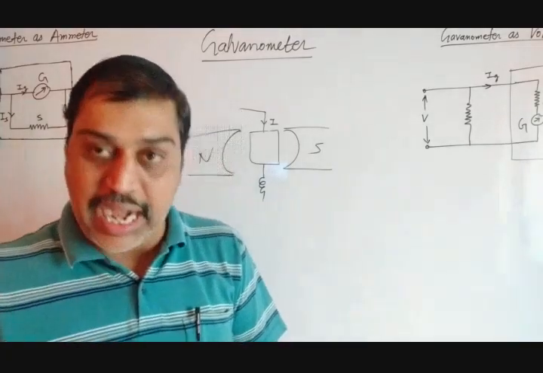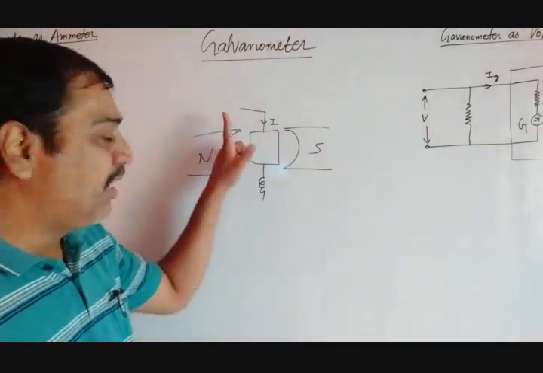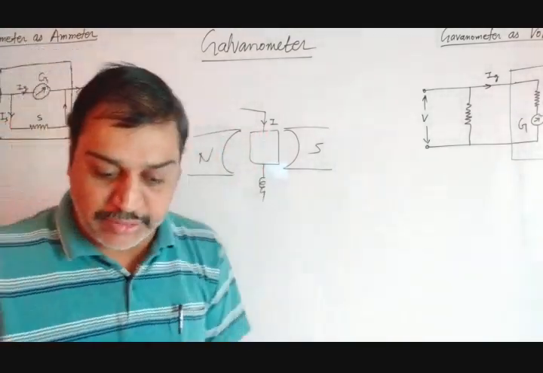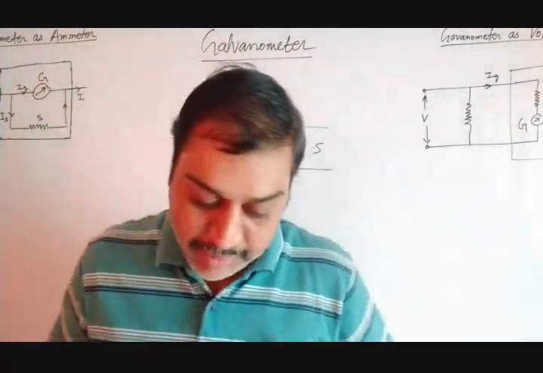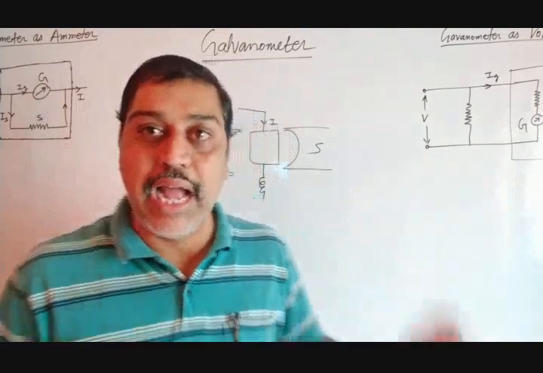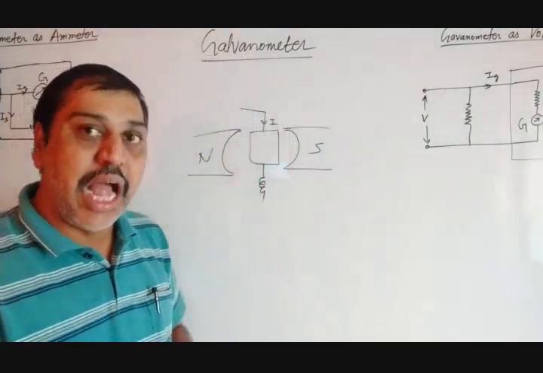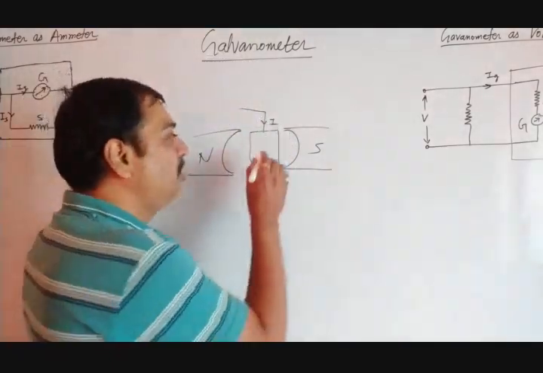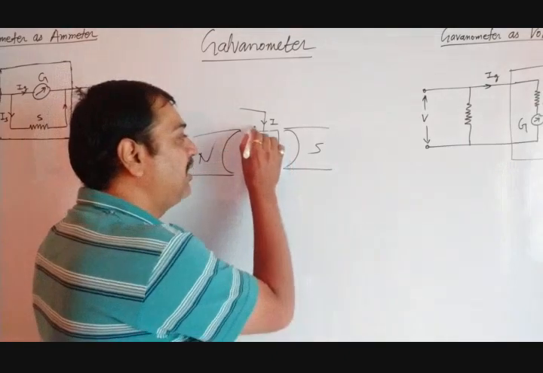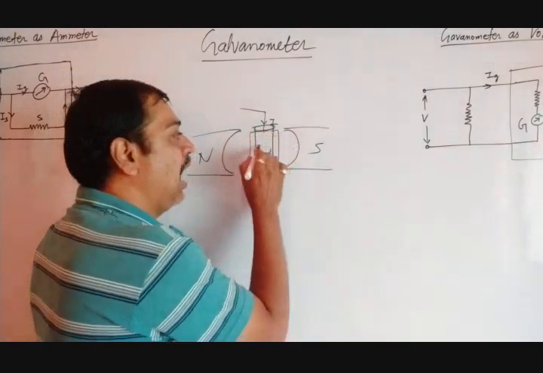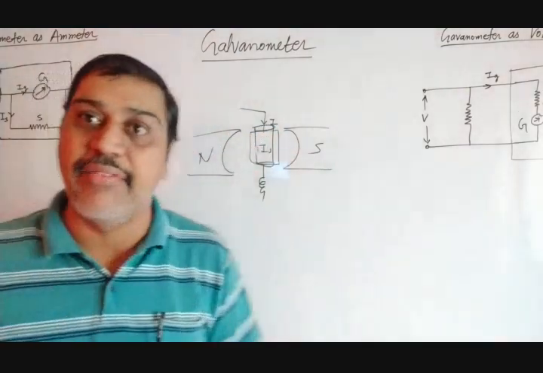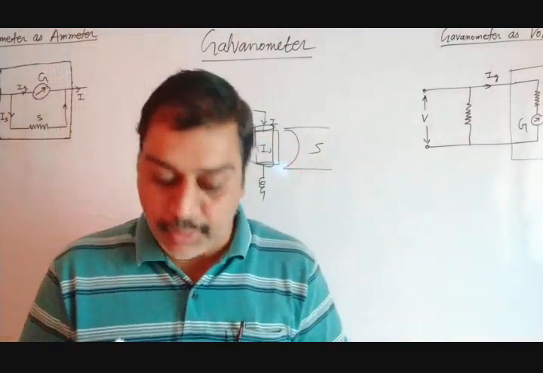So this is the basic idea, and apart from this, there is one pointer I have not drawn here. In your book there is diagram 9.12. In that, they have taken this horseshoe type of magnet, and such a coil is shown. Apart from that, somewhere there is an iron core inside this, which in your book they have shown like this. This is nothing but the iron core. To make the magnetic field radial, an iron core is used.